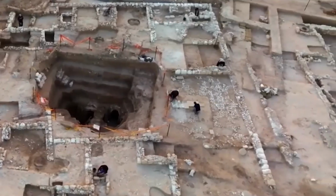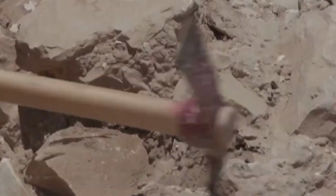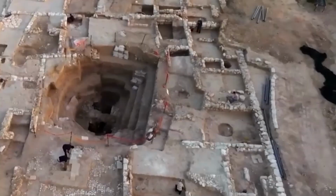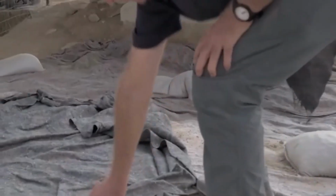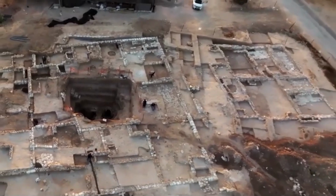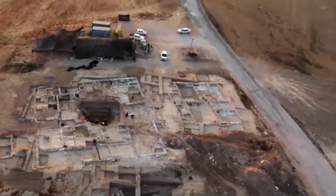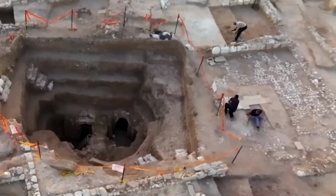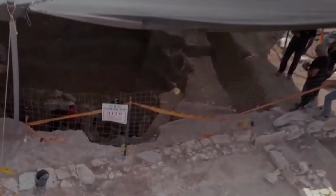Archaeologists discover a 1,200-year-old early Islamic mansion hidden beneath the city of Rahat in Israel. Buried beneath the modern city of Rahat in southern Israel, archaeologists made an astonishing discovery. A sprawling early Islamic mansion hidden in plain sight for over 1,200 years. Located near Beersheba, in the arid Negev desert, this ancient home dates back to the 8th or 9th century, during